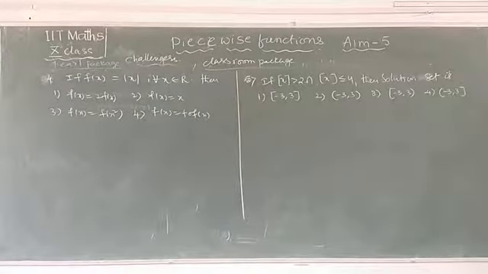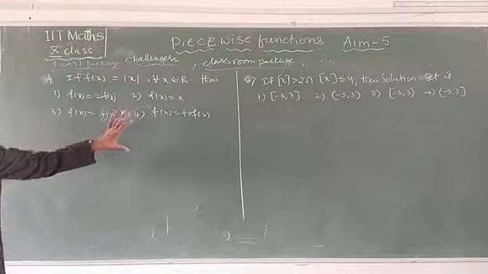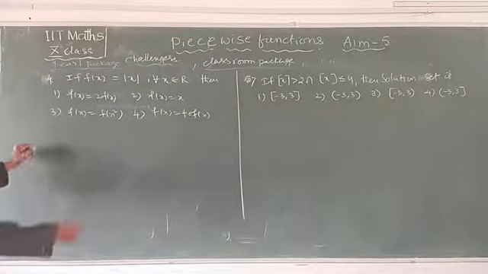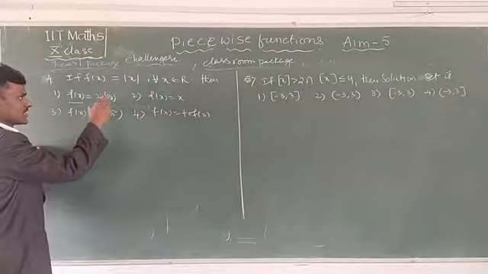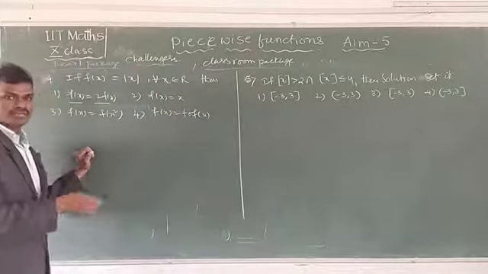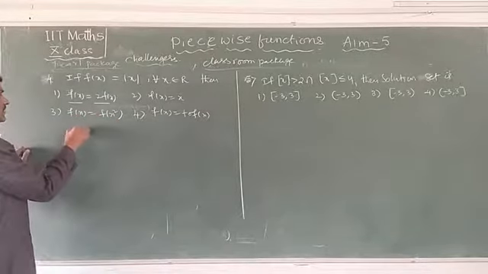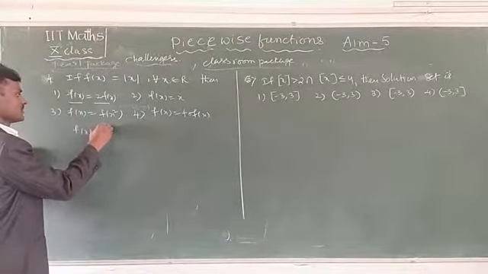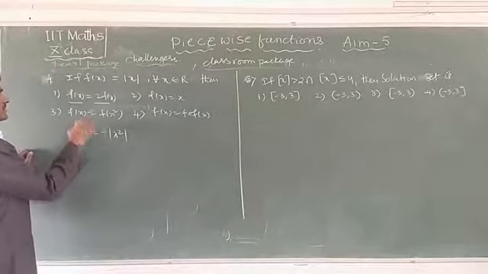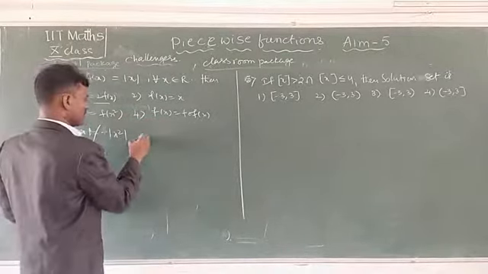Okay, next problem, fourth one. If f of x is equal to modulus of x for all x belongs to R, then here are 4 options as given. For this problem you have to go through the options. See here, f of x is equal to 2 times f of x is not possible. Next, f of x is equal to x as given, but modulus of x is either positive or negative, 2 possibilities there. And here f of x is equal to x square, check it here. f of x is equal to modulus of x square. That means f of x is modulus of x, and here x square, both are not equal.